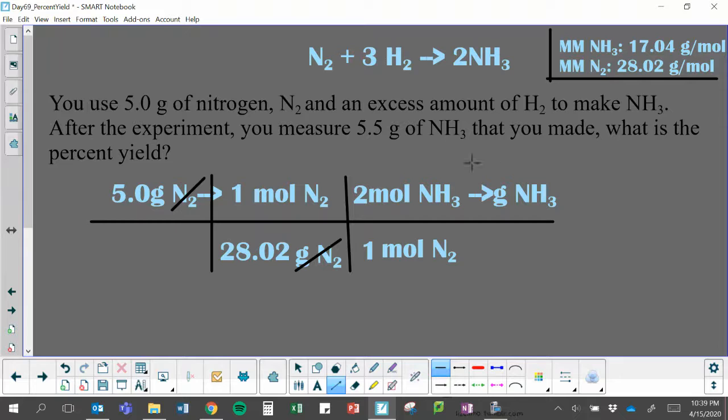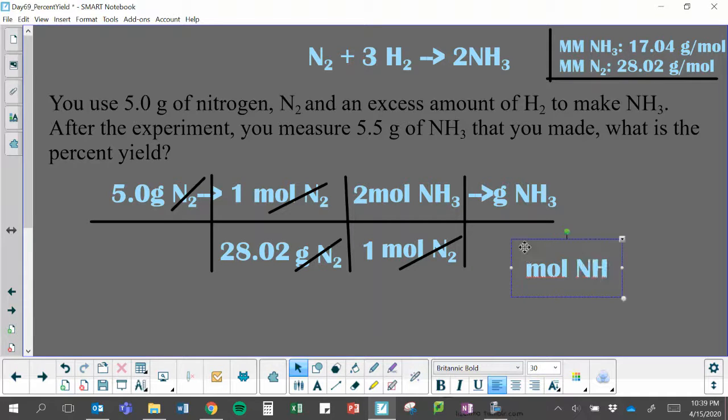And in some cases, you could just stop here for your equation if you were given your experimental value in moles, but these were given in grams, so we need to convert into grams so that we can compare that as well. So our moles of N2 can cancel, and now we need to convert our moles of NH3 to grams of NH3. So we'll put moles of NH3 down here on the bottom,